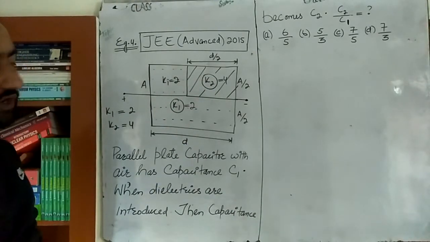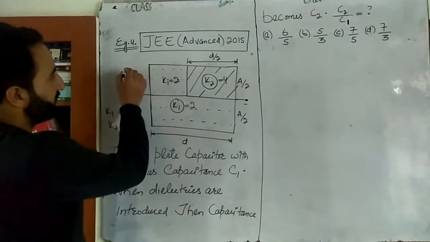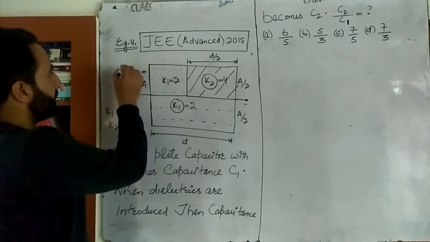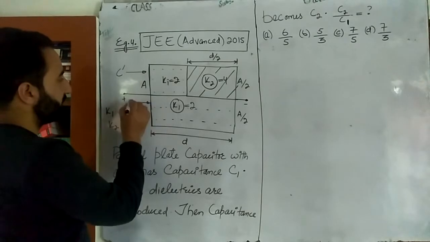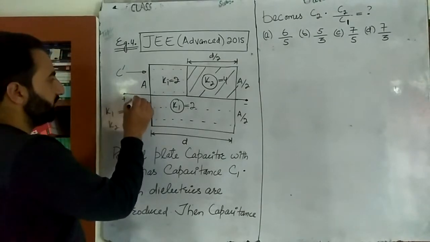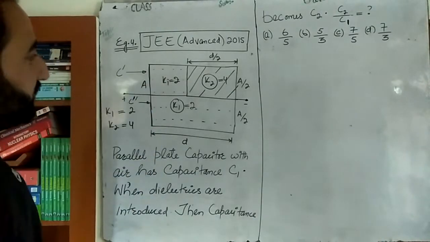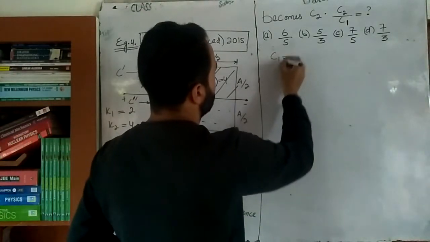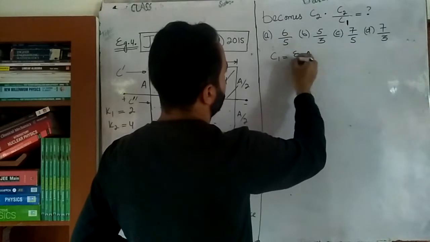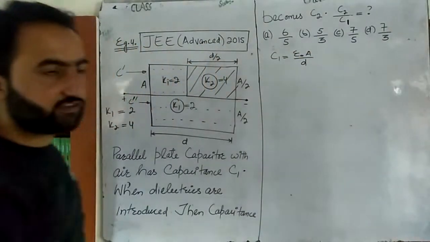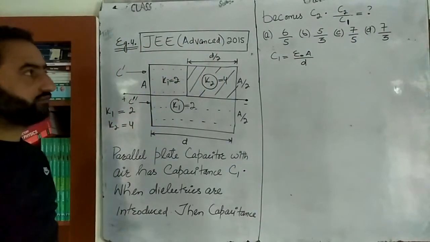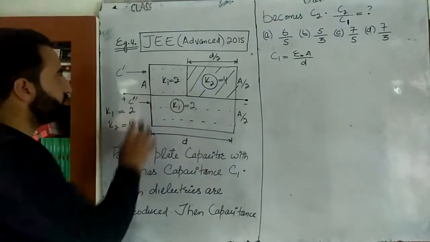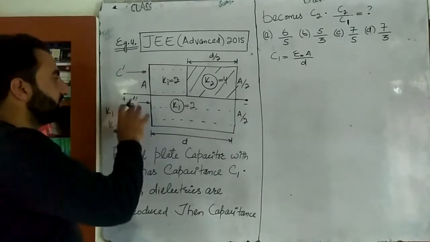Now there are two ways to calculate capacitance in series. Suppose the capacitance of this is, let's not take C1, C2, let's take C dash, and this has a capacitance of C double dash. First of all, let's write down C1. C1 is obviously equal to epsilon naught A divided by T, because C1 is the capacitance when there are no dielectrics. There's air in between, and the dielectric constant of air is simply 1, so it's epsilon naught A divided by T. Then we'll calculate C2. In order to calculate C2, we'll calculate C dash and C double dash.